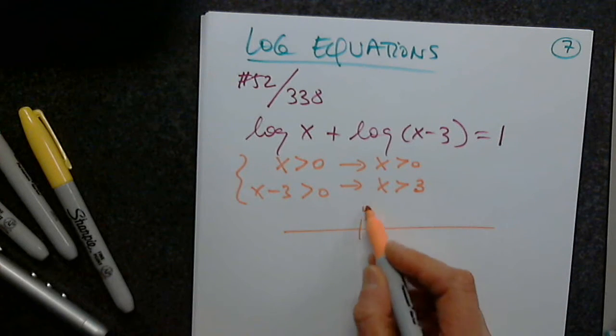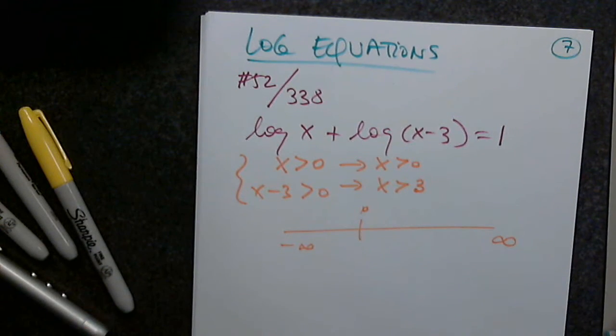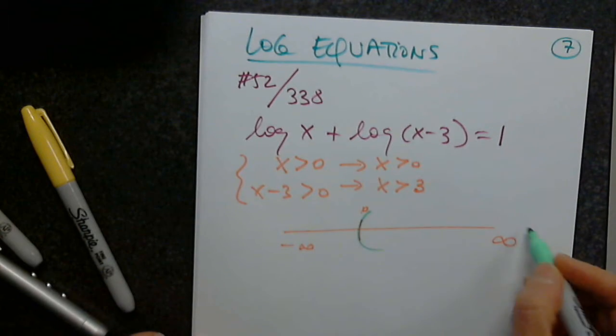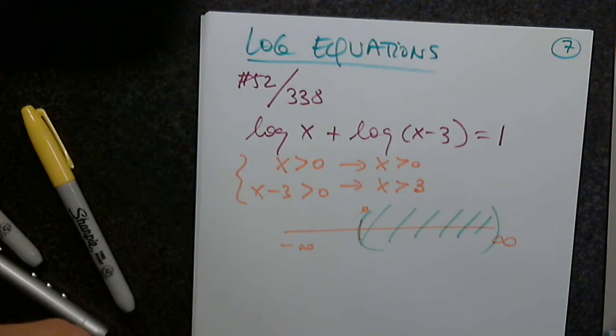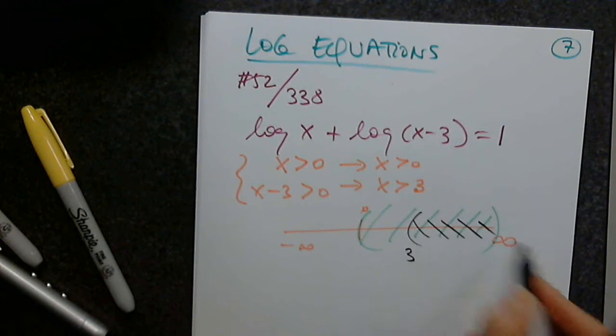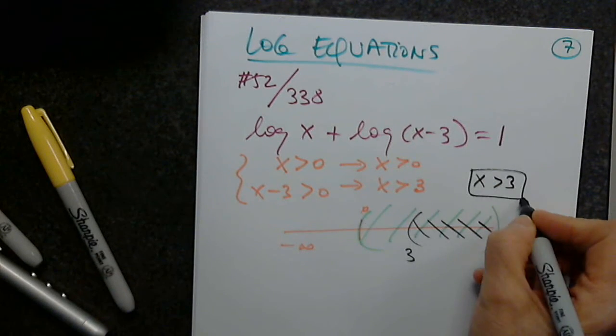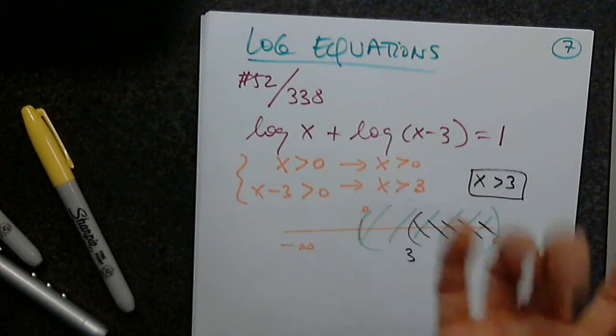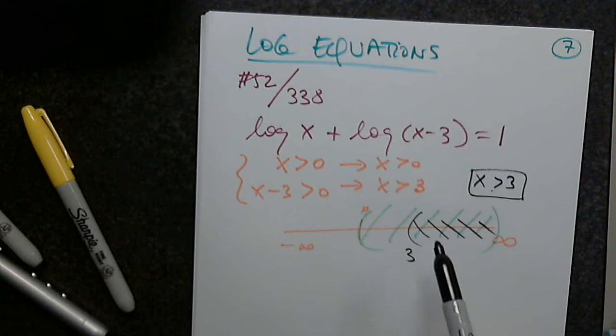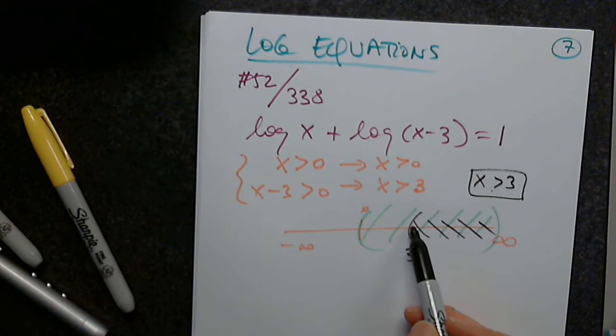Okay, let's graph it. Negative infinity to infinity. Here is 0 to infinity. And here is 3 to infinity. I need to choose the territory that makes both functions exist at the same time. That's greater than 3. So 3 to infinity. Good. So if I do not find, when I solve this equation, a number that is in the interval 3 to infinity, not 3, then I will say the equation has